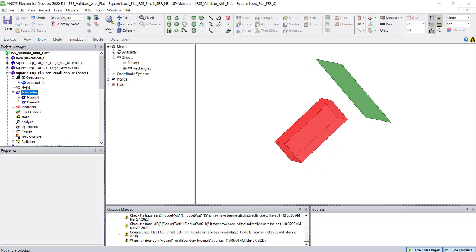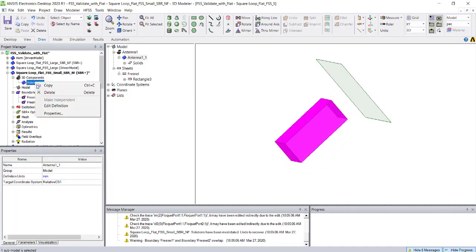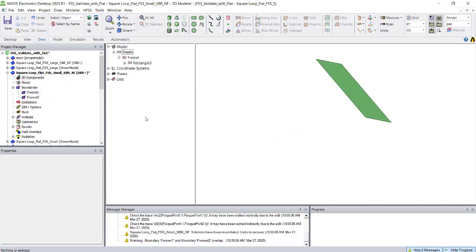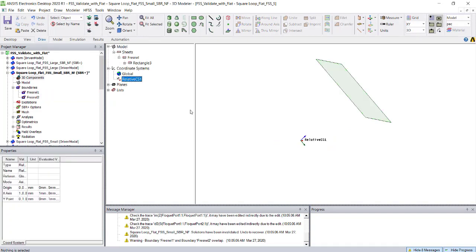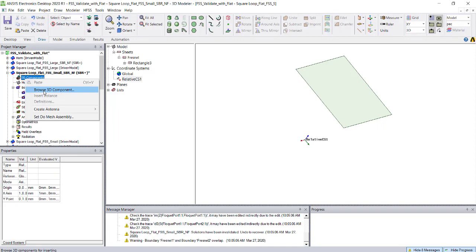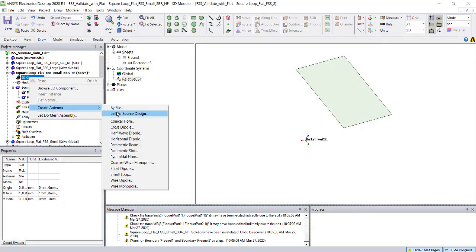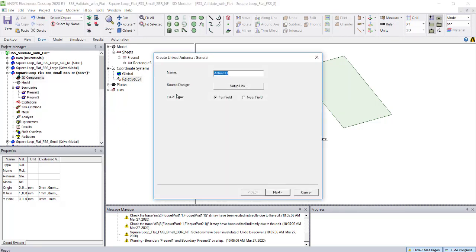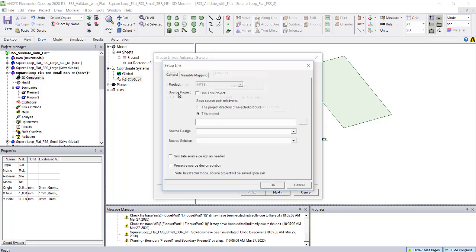There is a question of how to get this antenna. Delete this one and place the coordinate system where you want to import your own antenna. Right click, create antenna, link to source design. You have the option to import either far field or near field. Select near field, go to link, use this project.